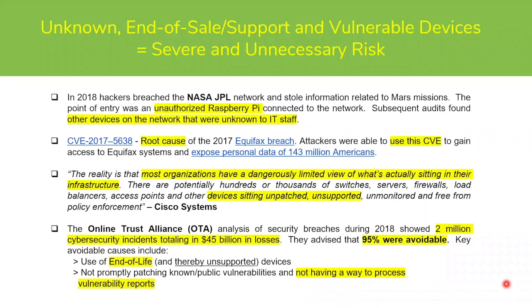So an easy way to highlight that is to discuss some of the high-profile scenarios that have occurred in recent times. So the NASA Jet Propulsion Lab data breach was actually caused by an unauthorized Raspberry Pi device connecting to the network that the IT staff did not know about. Once they did subsequent audits, they actually found a bunch of other devices that they also did not know about. So the first category that we talk about, which is unknown devices, not knowing that they're there,